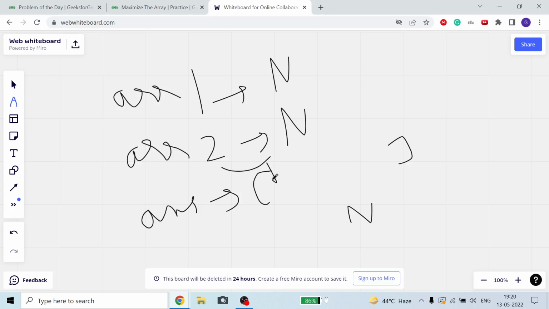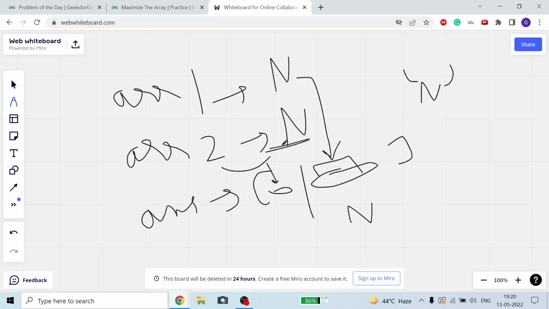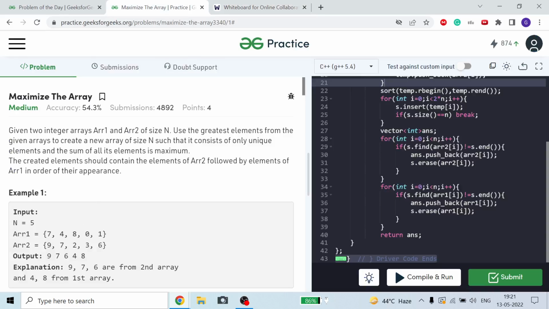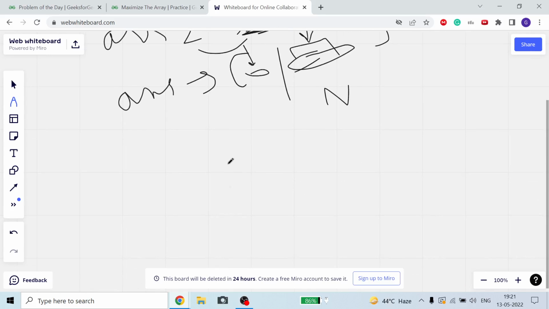ARR2, then contain some elements of ARR1, then some elements of ARR2, then some elements of ARR1, so that the total number of elements is n, and all elements should occur in place, meaning the order of elements in ARR1 and ARR2 will be the same. Here our ARR2 is this, and three elements we have taken from it: 9, 7 and 6. Since we have taken them in this order, 9, 7, 6, then the index